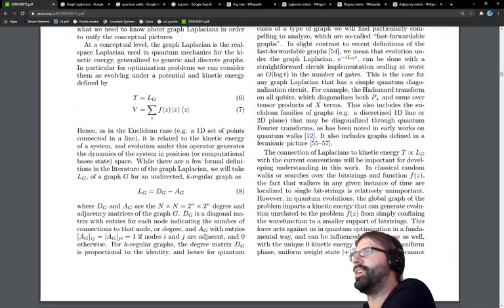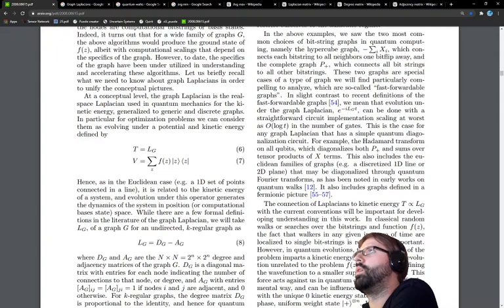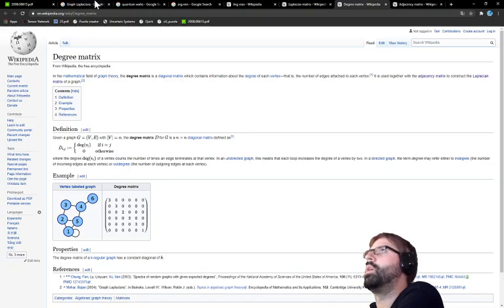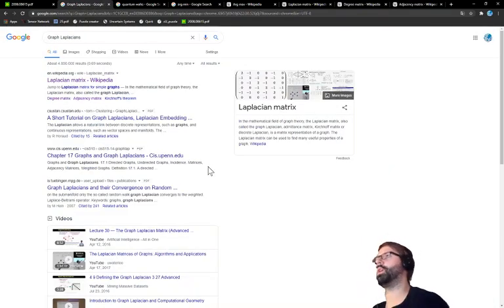Oh, there it is. So, where was I? In the degree matrix, it's a diagonal matrix which contains information about the degree of each vertex, that is, the number of edges attached to each vertex. And so the graph Laplacian is